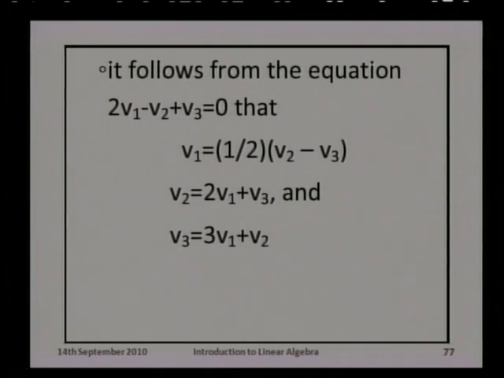Coefficient of V2 is 1 by 2, that is scalar, first scalar. Coefficient of V3 is minus 1 by 2. So, a linear combination of V2 and V3 gives rise to V1. In fact, that is true for the other two vectors as well. If any linear combination of some of the vectors gives rise to another vector in the set, then we will call all of them linearly dependent.